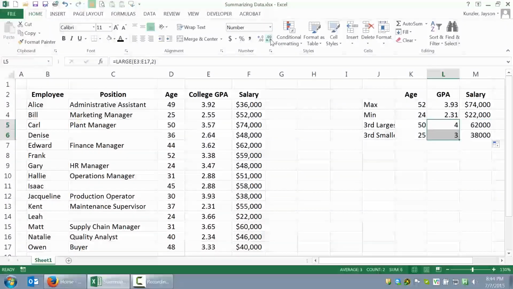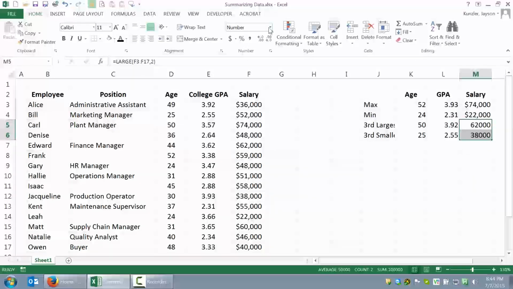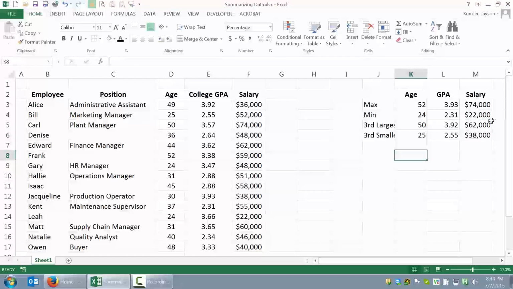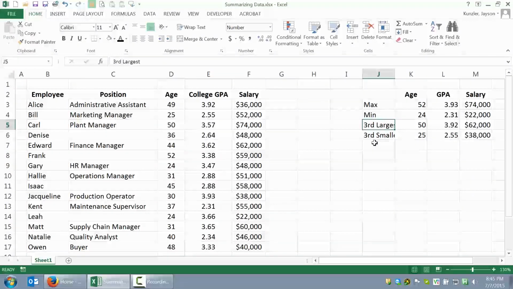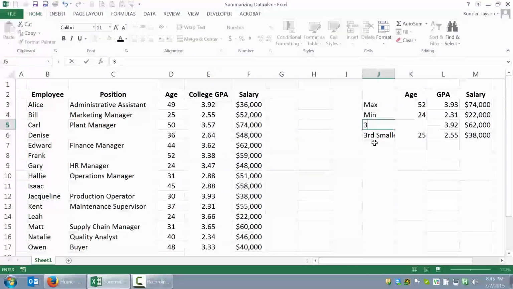We could change the decimals here and change the format here and the number of decimals. There we go. So there we have the third largest and the third smallest values. So what if we wanted to change this to be, say, I'm going to type in 3 here and 3